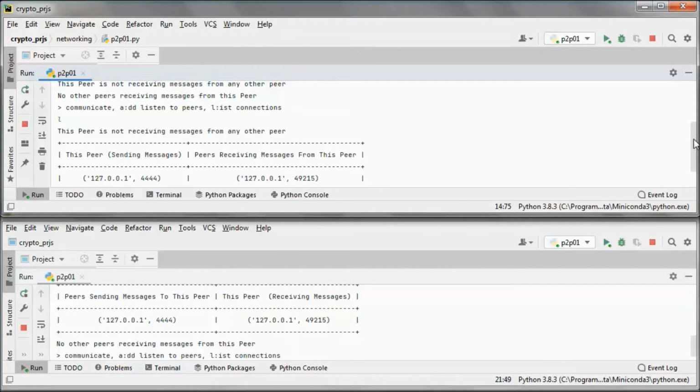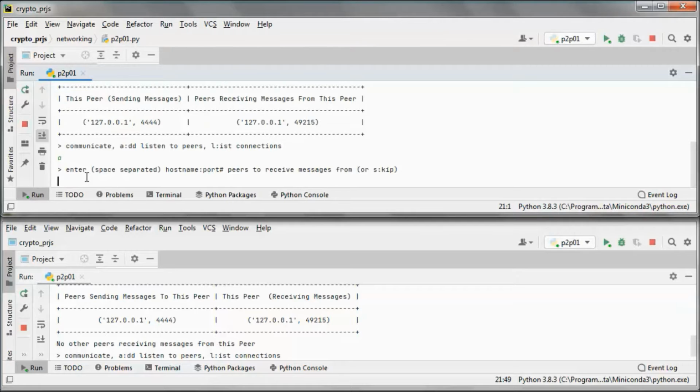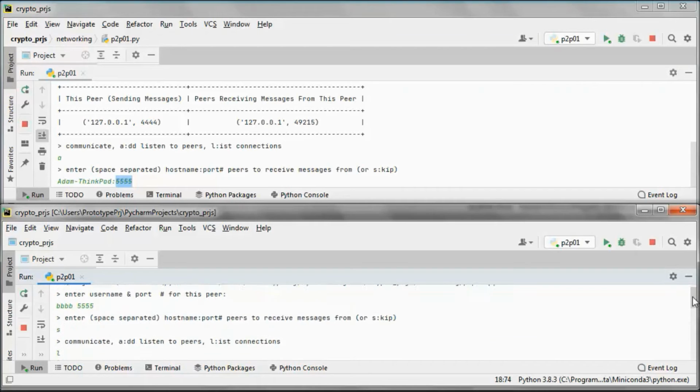So let's go ahead and have this peer picking up messages from this one. So add listen to peers, and we'll be picking up messages from my machine name and this port. So this port.